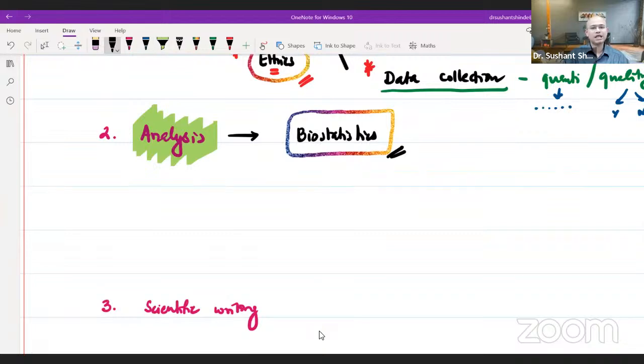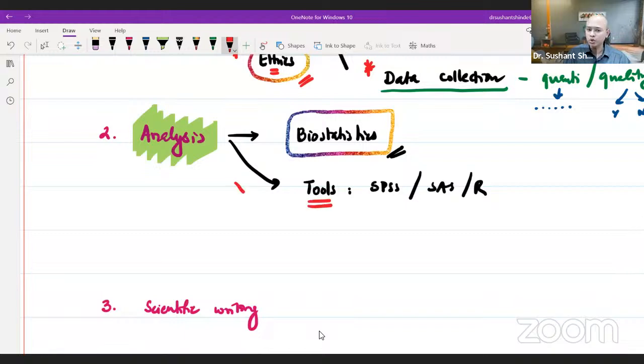Beyond statistics, there is something that I think not everyone needs. You need to know tools of how to analyze work. For example, there are softwares like SPSS, SAS, or R. These are softwares which some of you might need to learn. We are not going to talk about this in the course that we are now designing for you. But some of you might be interested to do your own work. I would rather believe you should learn and understand enough statistics and go and talk to a statistician. Some of you might want to do it your own way.